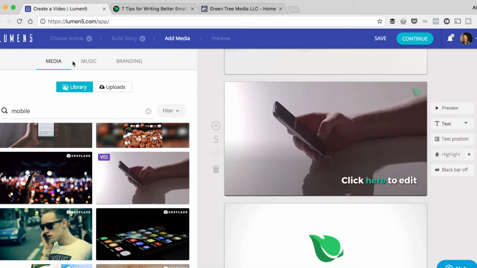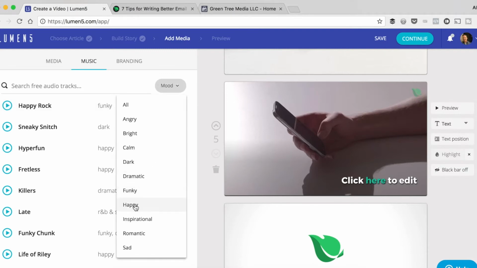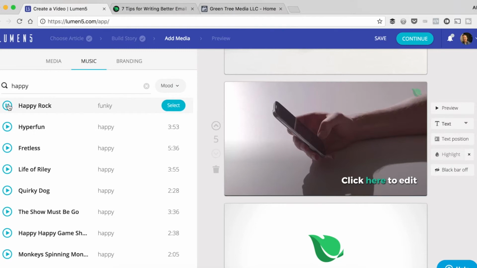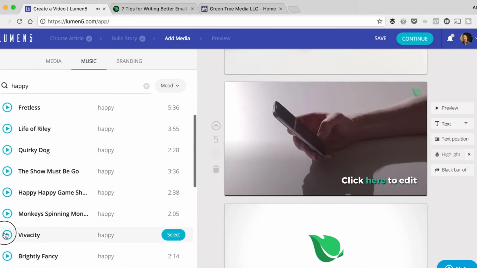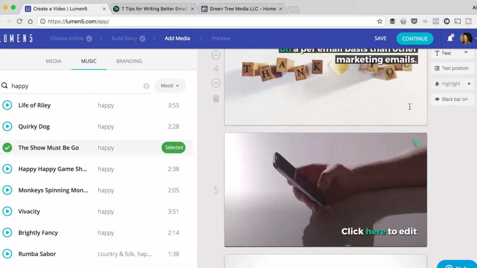So it's pretty cool. When you're ready to put in some music, you can click on the music tab. They've got a ton of different music. You can choose by mood if you want. So if we click on happy, so that's the one that I used in that other video I showed. They've got music for any type of video you'd want to create. So it's pretty cool. And then when you're ready, you can just hit select, and it's now got music in the background. Once you go through all your slides, you're ready to go. You hit continue,